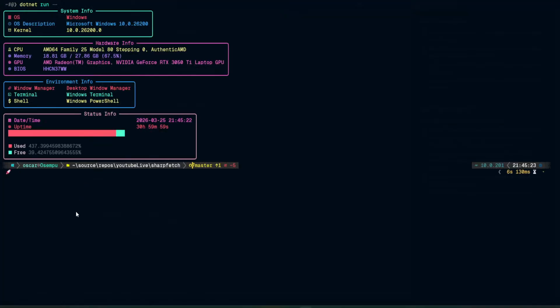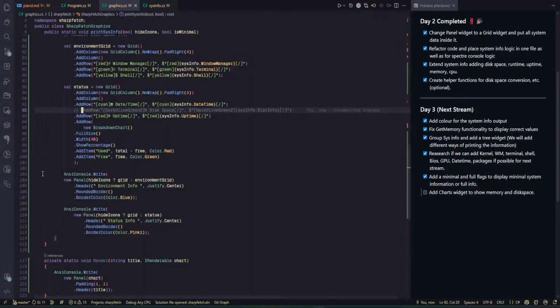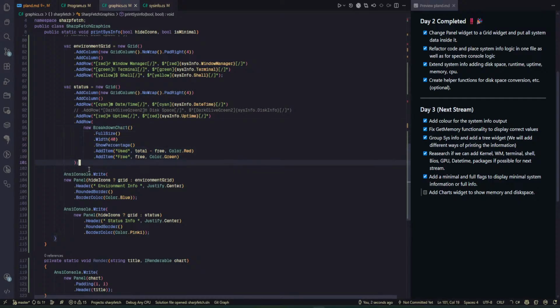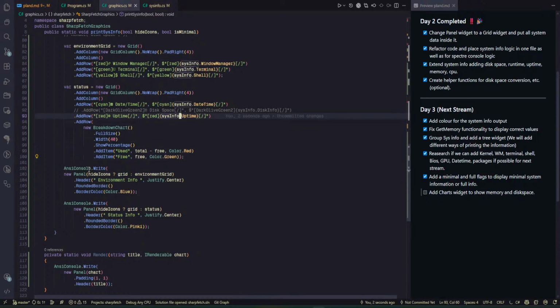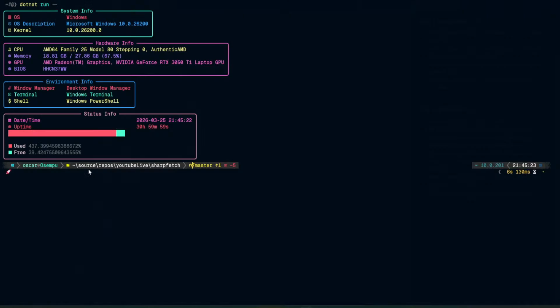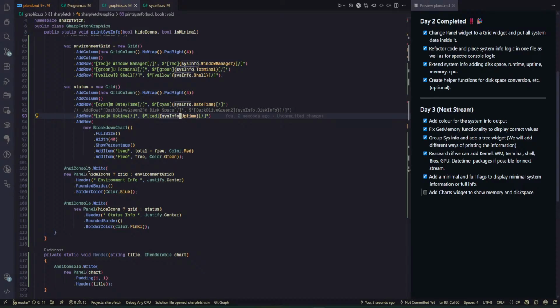And let's see if we get something different. Yes, I still don't like this that much. We remove this space and everything from this new breakdown chart, and we added this row. Get this remove system uptime and daytime. Yes,